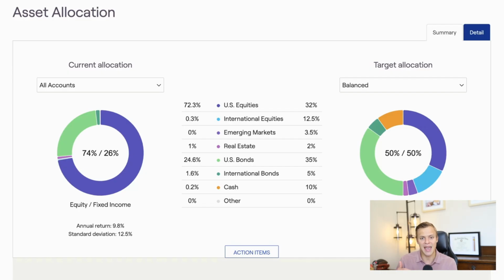Now, when we think about asset class concentration risk, we can see here that we're pretty well diversified. We have a 74-26 portfolio. So now asset class and allocation is really going to be the most unique sort of risk to you. What I mean by that is based on your goals, based on whatever it is that you're trying to achieve, you might have a portfolio allocation that looks much different than this. You might be okay having 90% equities in your portfolio. You might be okay having 75% bonds or fixed income in your portfolio.